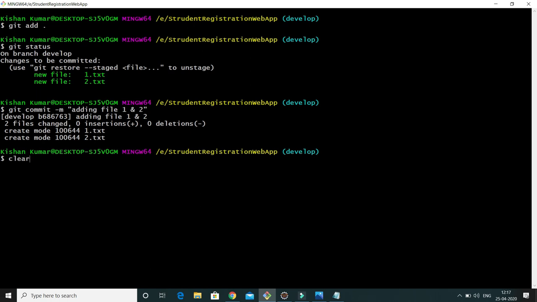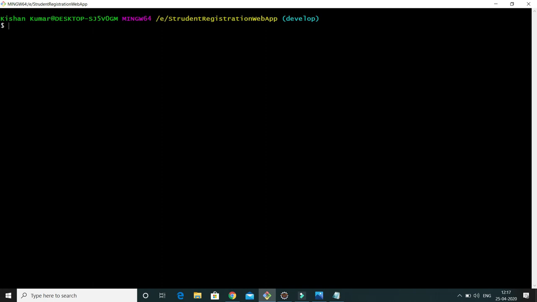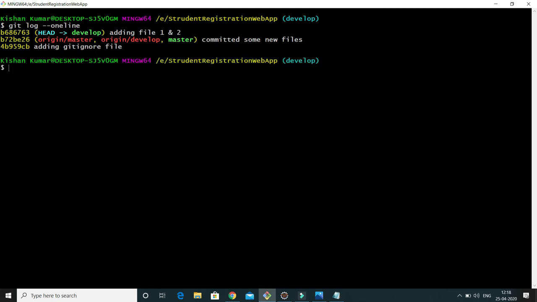Now if I want to delete these files from the local repository, there are 3 variations of reset. We'll see each and every variation. First of all, I'm going to use git reset in soft mode. But before that, I'll show you git log --oneline.